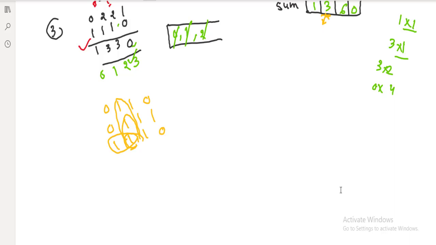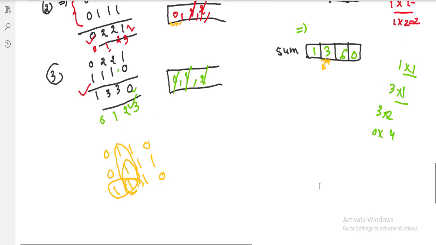How can we compute it? With the help of this sum matrix, because the sum is already known: the sum tells that ending with this particular index, what are those submatrices? We know that is 1. Okay, so using this topmost index, what was the topmost index at that time when we were considering this 3? It was 0, no?